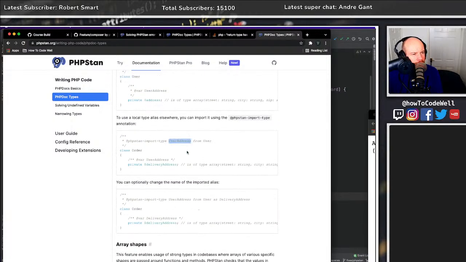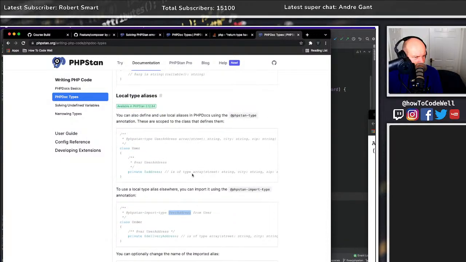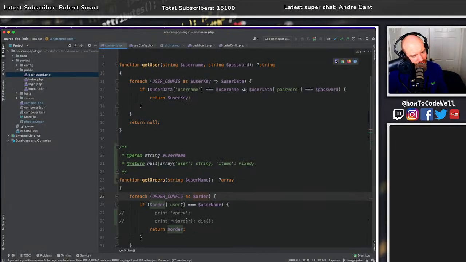Oh, I didn't know you could import them. Okay, here we go. We have an array, street string, city string, zip string. Okay, so we have